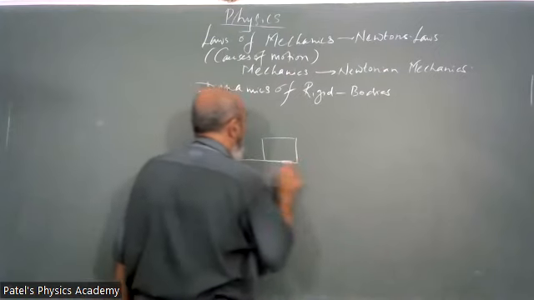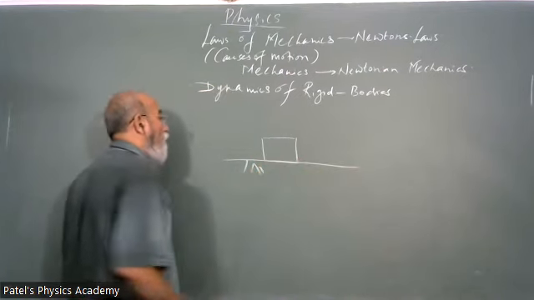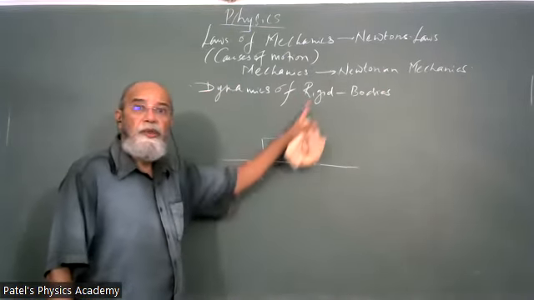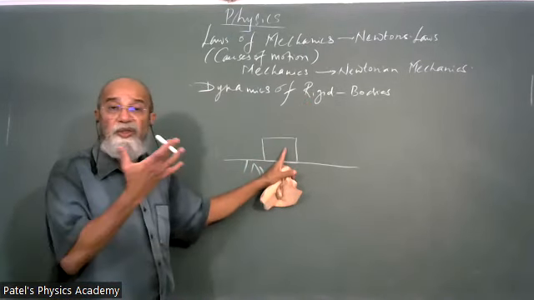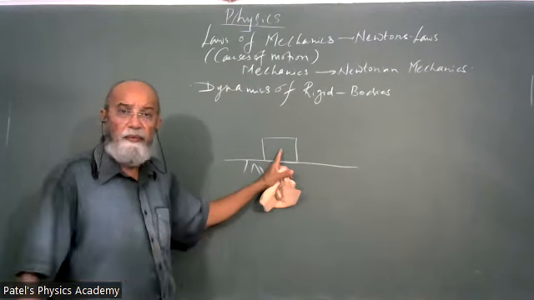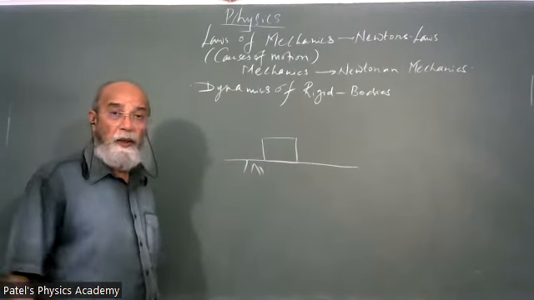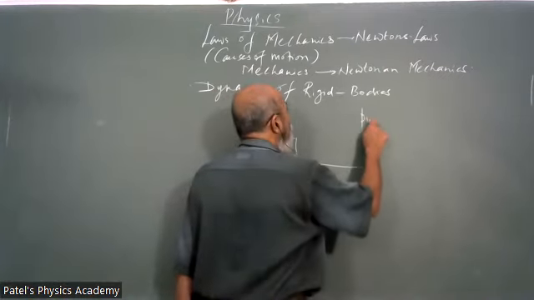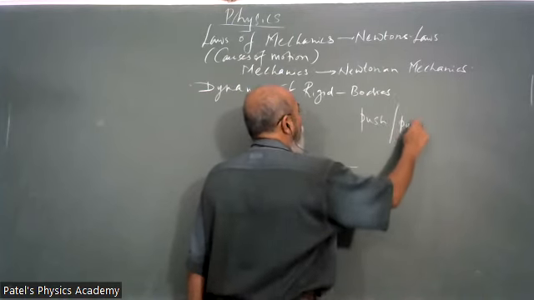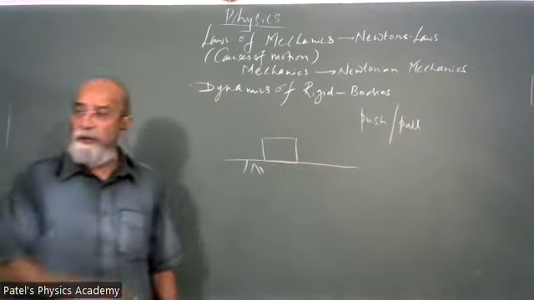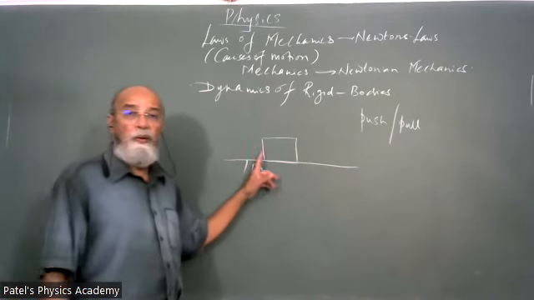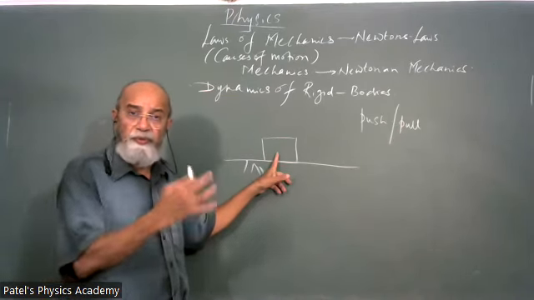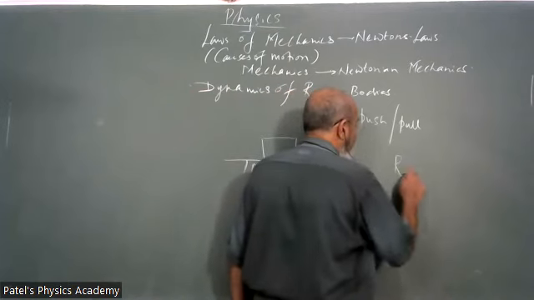Taken this object and kept it on a relatively horizontal ground. What's this? It's my rigid body. What's this? Could be a chair. What's this? Could be a table. Could be a ladder. I know, everybody knows that if I give a push, or if I tie a rope and pull it, there is a very high chance that this object is going to move. If it's at rest,